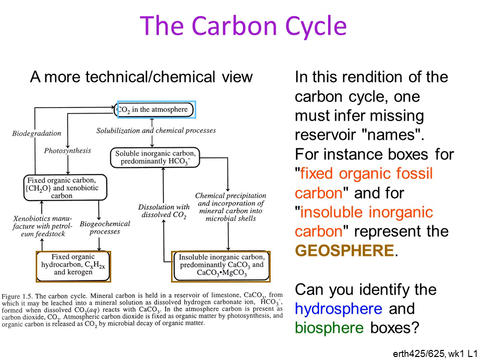This is, for instance, petroleum and the like. And insoluble inorganic carbon, predominantly calcium carbonate and calcium magnesium carbonate. So those are both in the geosphere. And you'll see a bunch of processes written there in italics, which represent the things that cause fluxes from one